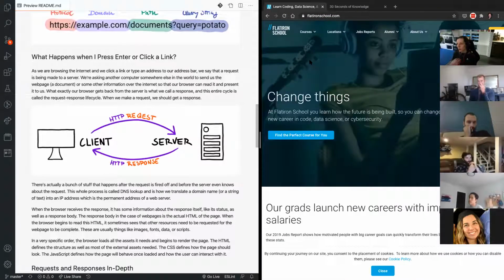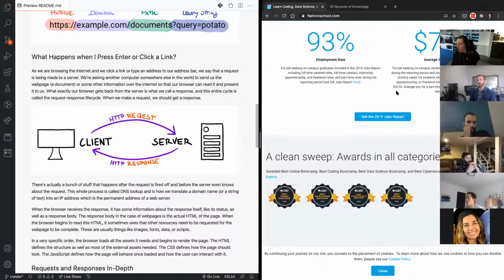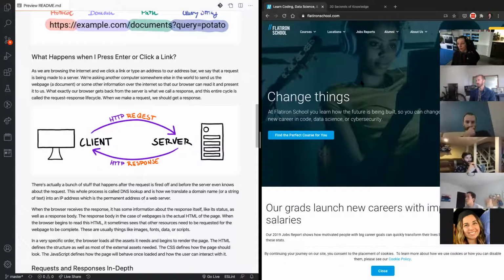And we're making this request to a server somewhere. We don't really know where this server is. We don't really know what it looks like. We don't know how far away it is. But we're making this request to get content for this flatironschool.com page. And magically, we're actually able to see something on the page, right? This is the response that we get back.